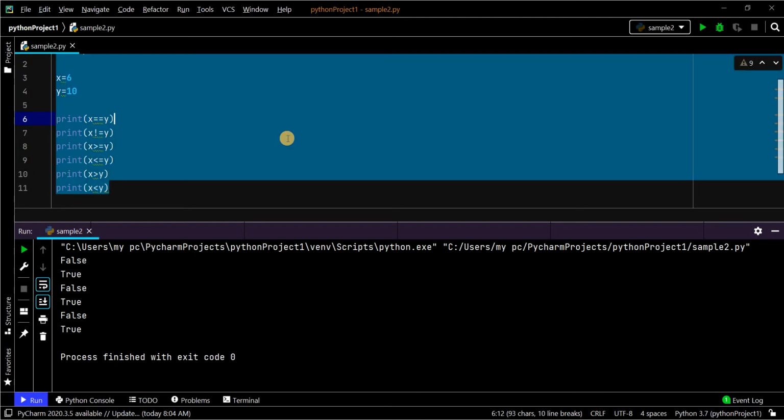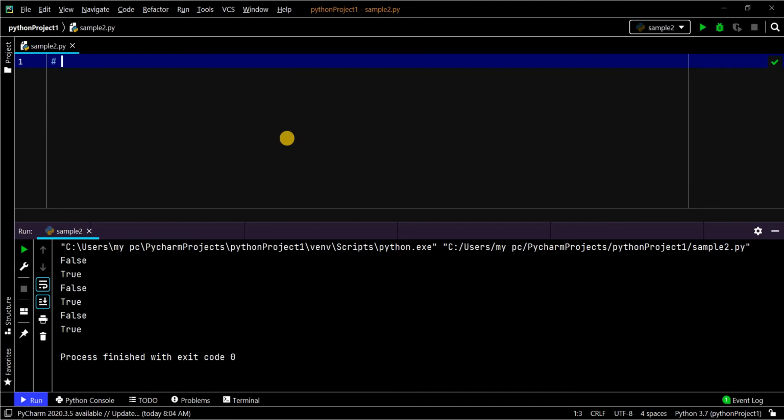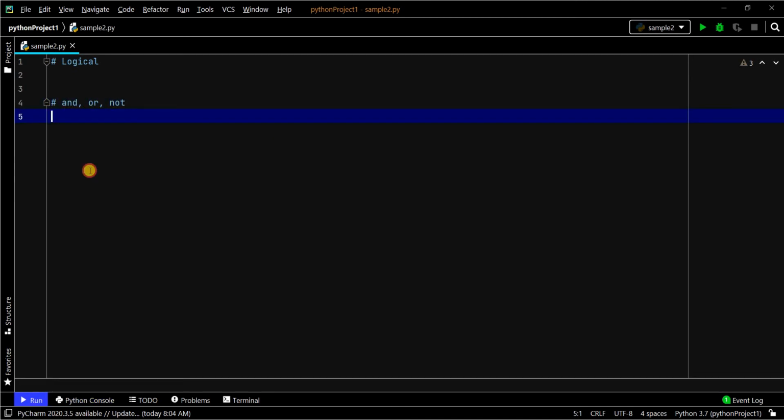Logical operators. Logical operators are and, or, not. These are the three logical operators. Let's see through some examples.